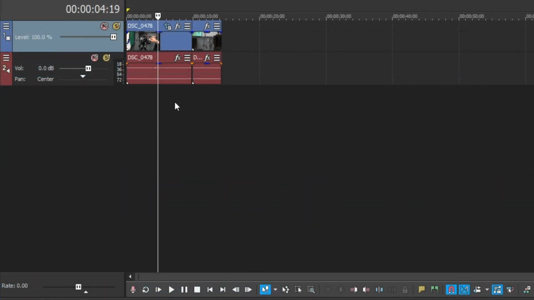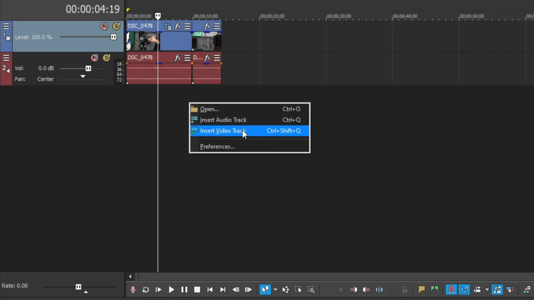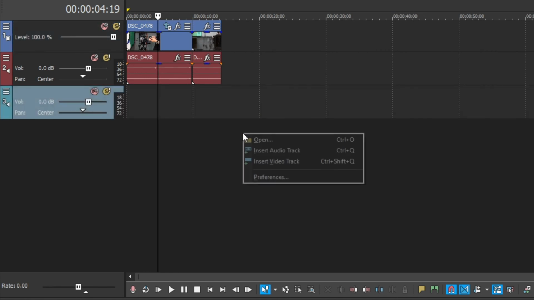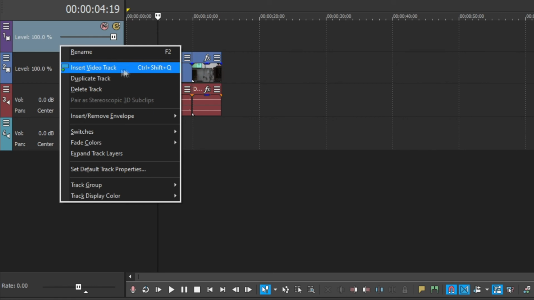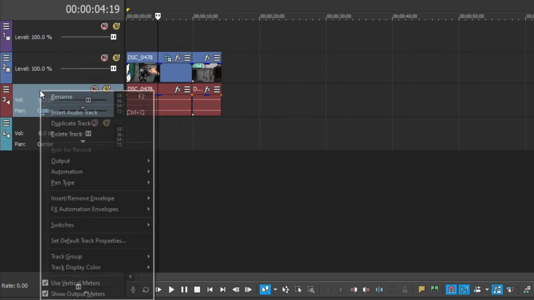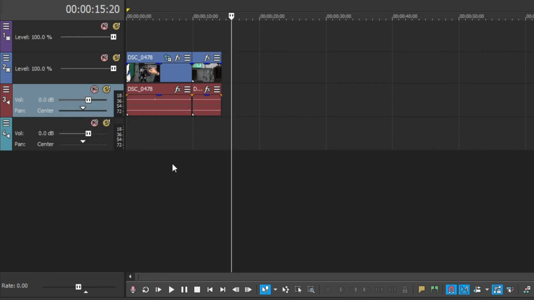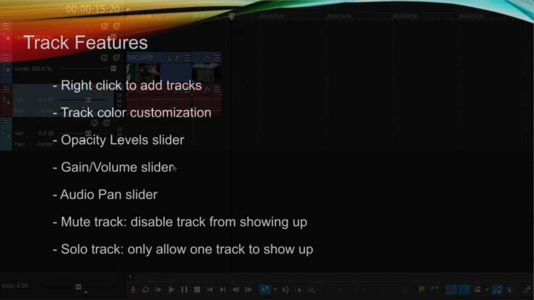To create more tracks, all you need to do is right-click on any empty space or an existing track and click the button labeled Insert Audio or Video. An empty space will allow you to insert either, but if you right-click on a track itself, you can only insert the same type. For a more detailed overview of tracks, track layering, and how to use them effectively, check out Unit 15, Lesson 1.